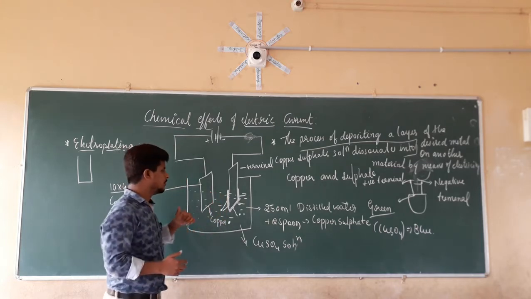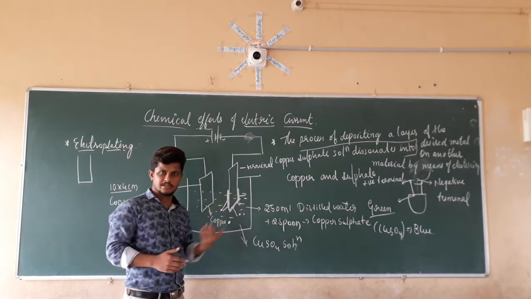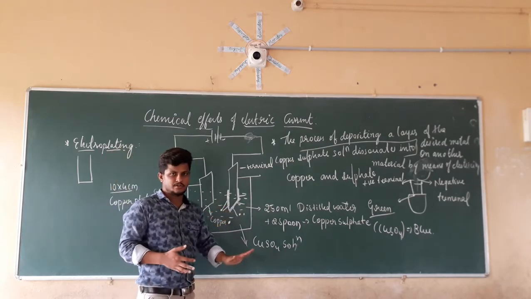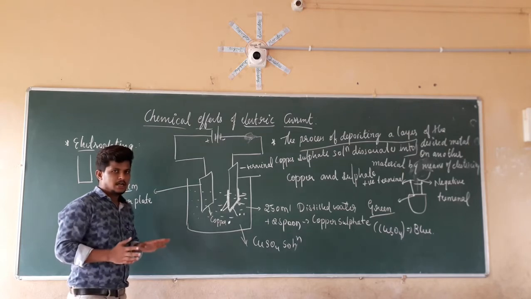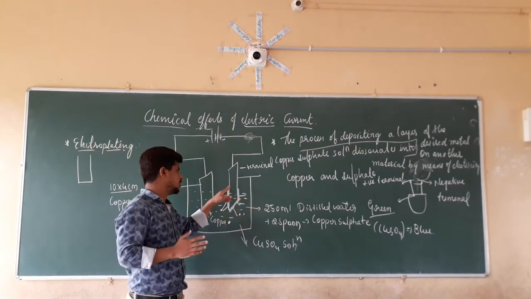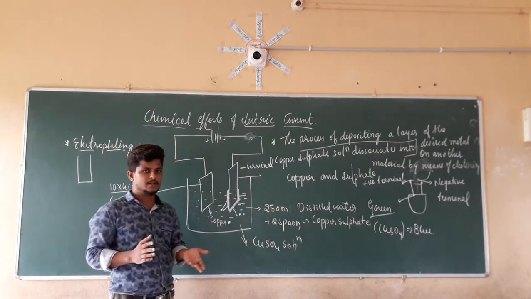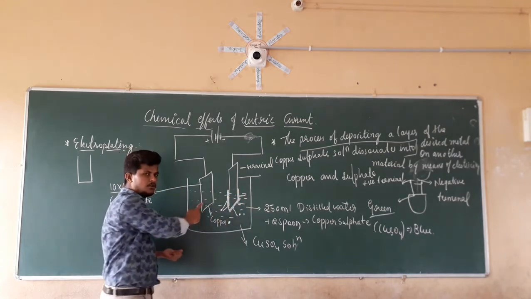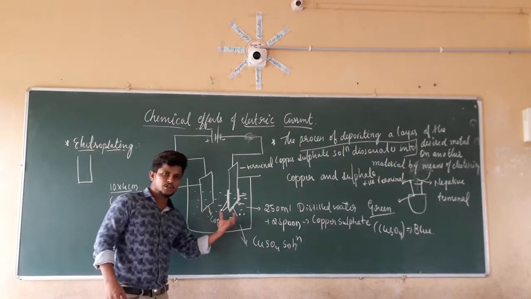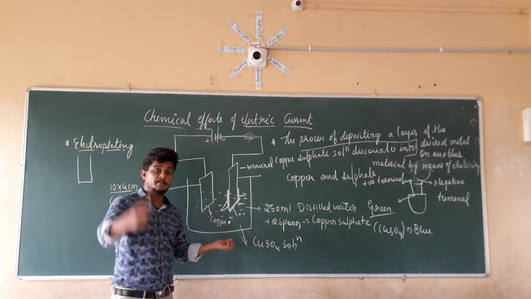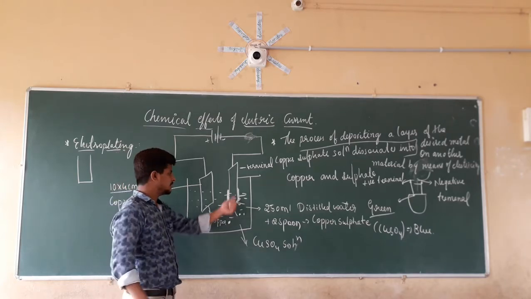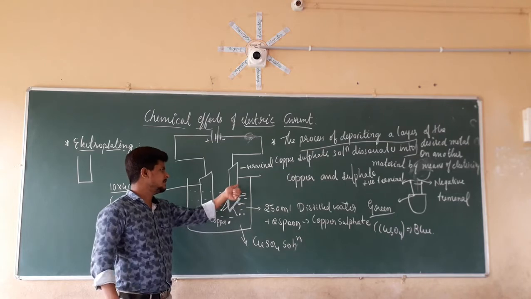In the same way, if you want to deposit sodium on this thing, we are going to take the salt solution, that is nothing but sodium chloride solution. What does it mean? Whatever desired element we are going to deposit on a plate by electroplating, we are going to take a negative electrode of that element only, or of that metal only, and the salt solution will be of that element only. So there should not be any changes. So we can easily deposit those things on this plate.